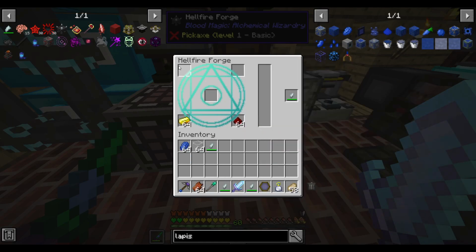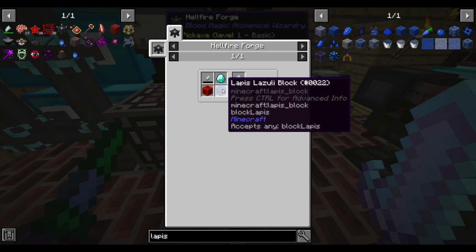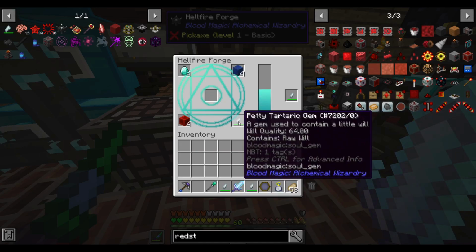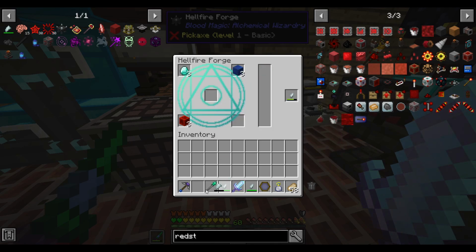And then, wait, that's not the right recipe. That's how we make tier 1s. Diamonds, blocks. Okay. And then we'll upgrade these one at a time to tier 2. I think the one you upgrade actually, wait, does it keep it or does it lose its will? Yeah, it loses all of its will. So you don't necessarily have to